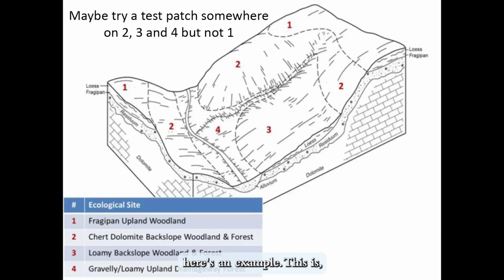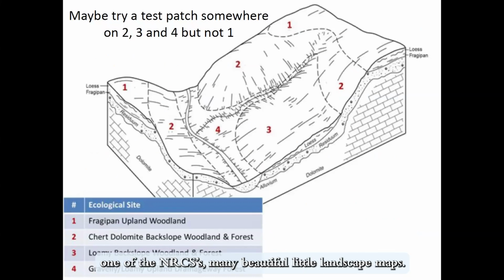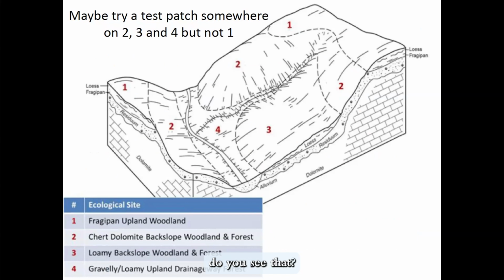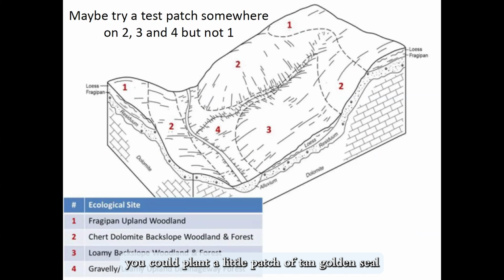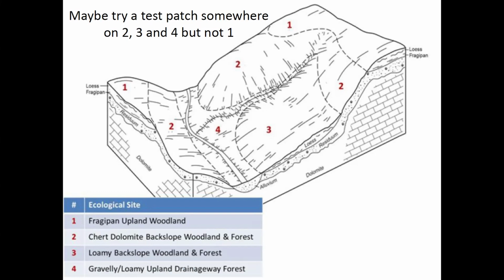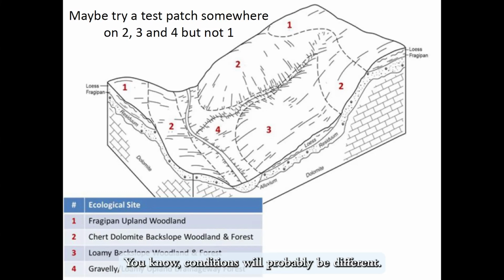Here's an example. This is one of NRCS's many beautiful little landscape maps. When I talk about different site types, you see that somewhere you could plant a little patch of goldenseal. Somewhere on this back slope, you could plant another little patch where the angle of the slope is less. Conditions will probably be different. And then on this toe slope,